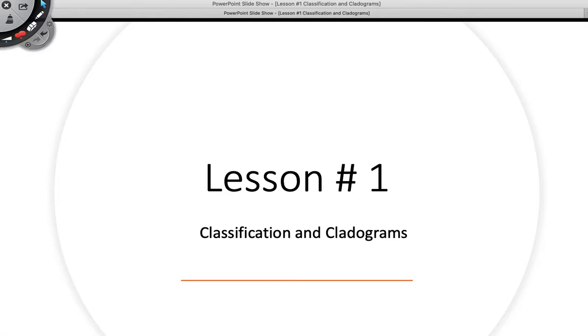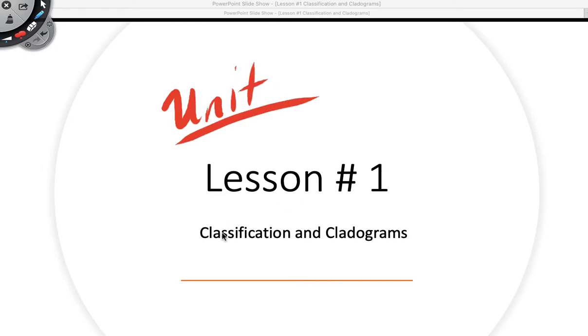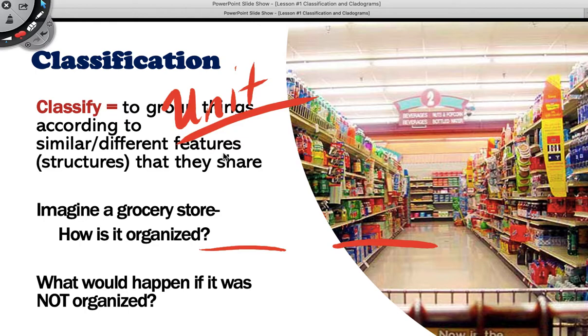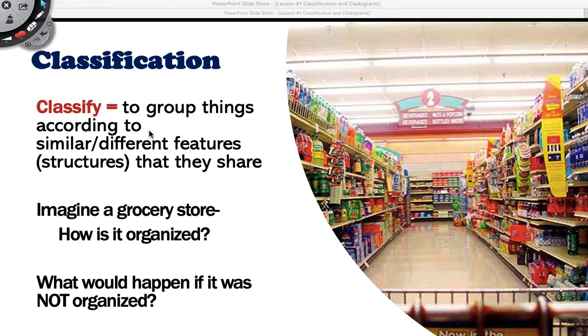Hello, bio students. Today we are going to start Unit 6, and Unit 6 is called Classification. We're starting with Lesson 1 today, which is Classification and Cladograms. So let's get started. The word classify means to group things according to similar or different features or structures